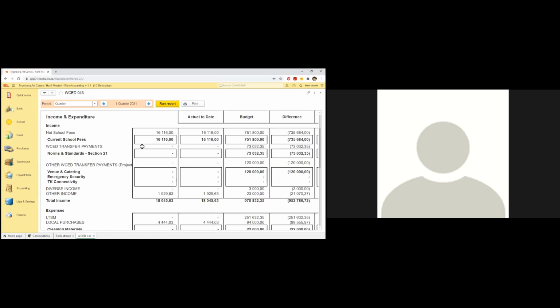Eventually, as you can see, I've approved SEP's fees in the bank stream. Immediately it will show on the WCED 043 form, as well as on his account. The billing now on the phone, they would see that his fees have been approved in the system. And getting back to the question, to forward the 043 to the WC,